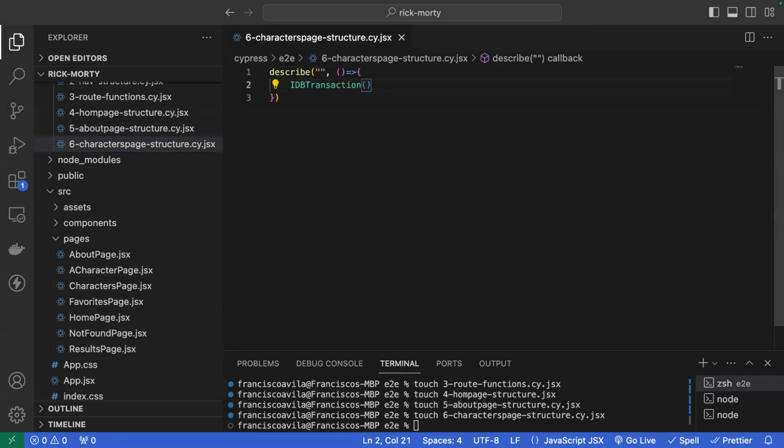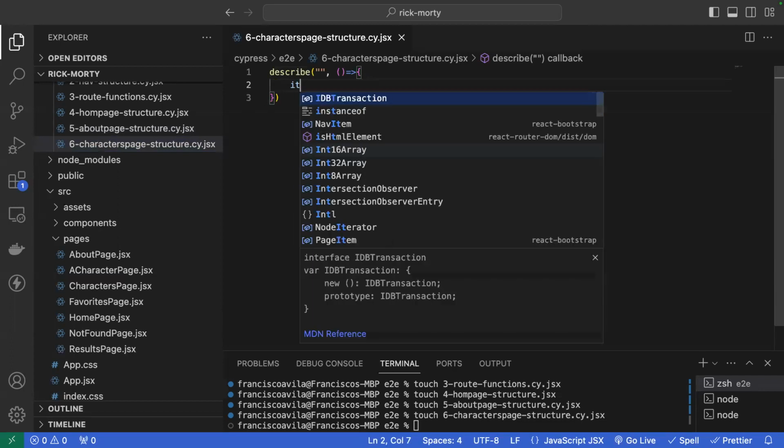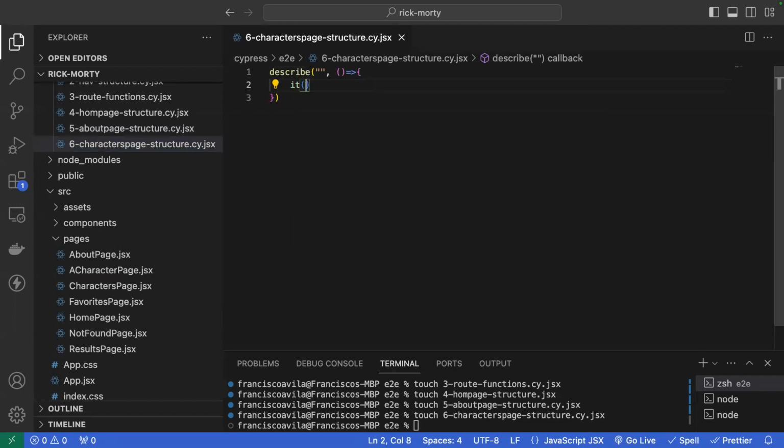We will have an it block. That will also take in a short description and a function. Now we can start telling it what it's going to check. Well, this will check characters page.jsx and it will check that 820 cards, Bootstrap cards more specifically,